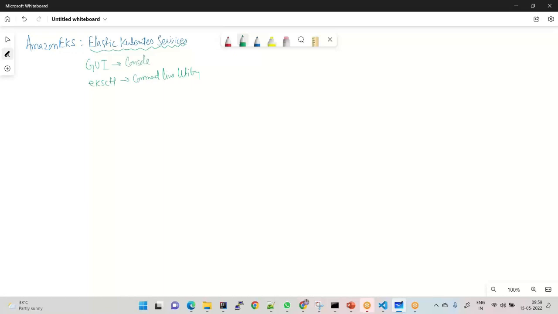Now, coming to Amazon EKS, the very first point that needs to be taken into consideration is that Amazon EKS is a managed Kubernetes cluster. Now, we need to understand what a managed Kubernetes cluster is, by the way. So if you see a Kubernetes cluster architecture diagram,